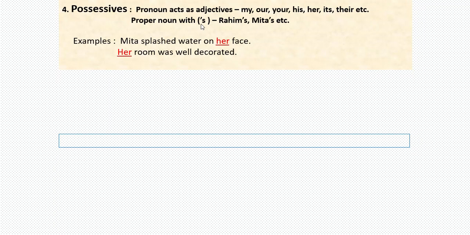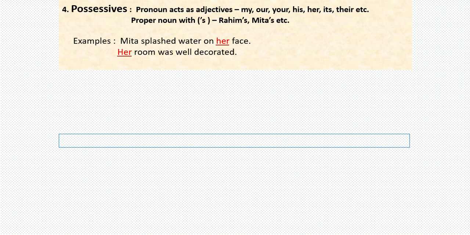So when these possessive pronouns are used before a noun, they are called possessive adjectives. But here we will call them pre-modifiers. Okay, let's see. Mita splashed water on her face. Her is a possessive adjective and we will call it a pre-modifier. Her room was well decorated. Here, room is a noun. Before it, her is an adjective and it is a pre-modifier.